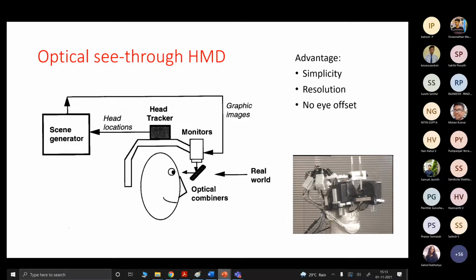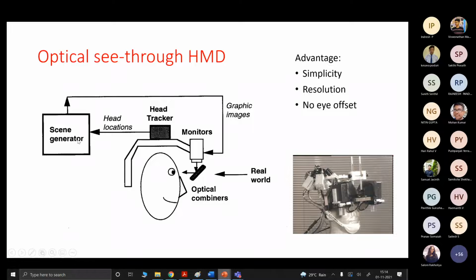And the second category is the optical see-through head mounted display. In the case of an optical see-through head mounted display, the real world will be captured and given as an input, and the participant's head portion will be tracked.